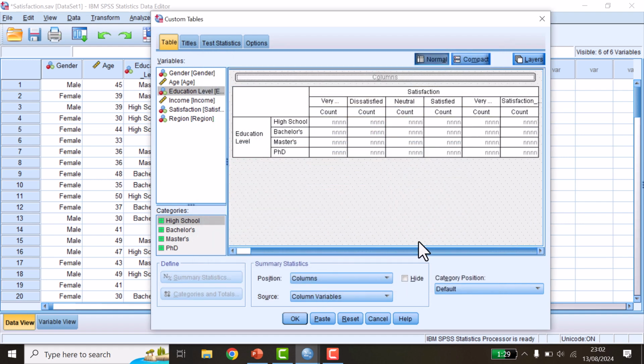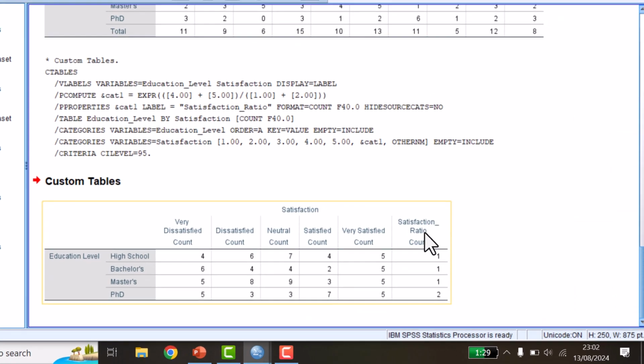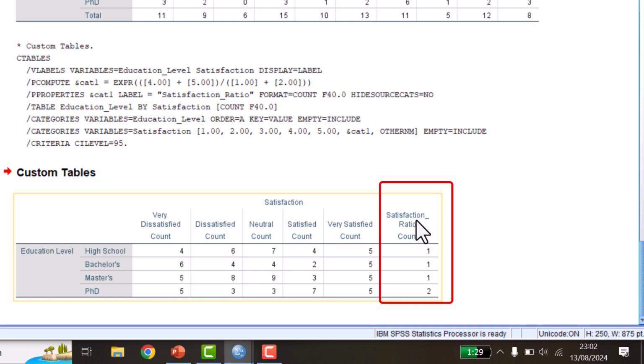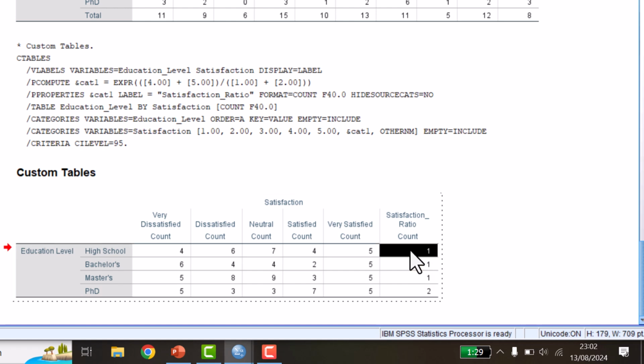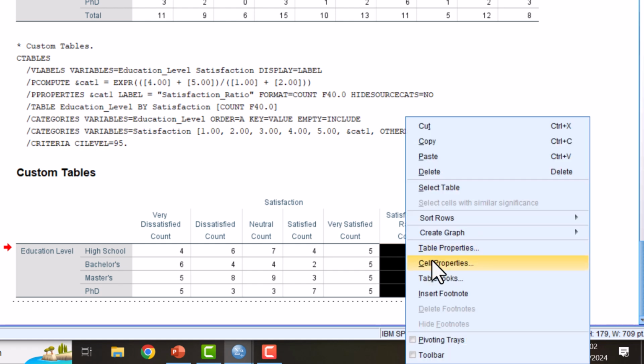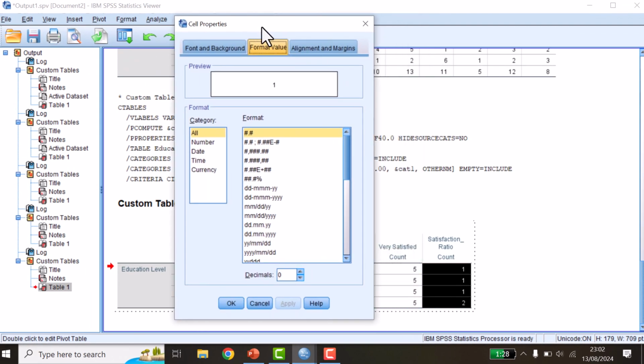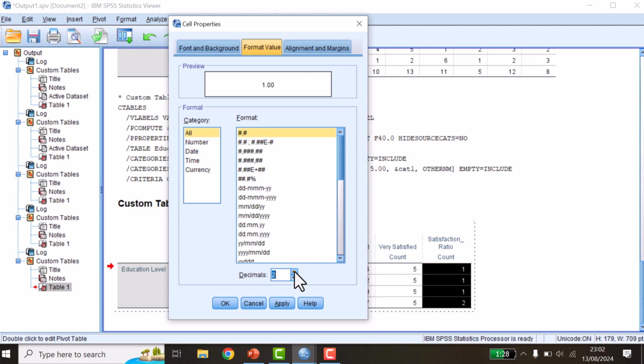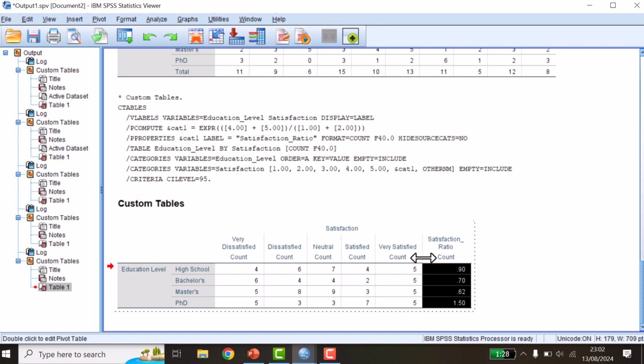Here, let's see the preview. We have the satisfaction ratio here, and then click OK. Great. You have the new variable here named satisfaction ratio, but it shows no decimal. To show the decimal, just double click it, select the value like this, right click, and then click the cell properties, and at the format value, let's add the decimals here. I'll just make it 2 decimals. Click apply and then click OK. Now you see that the satisfaction ratio for high school is 0.90, for the bachelor is